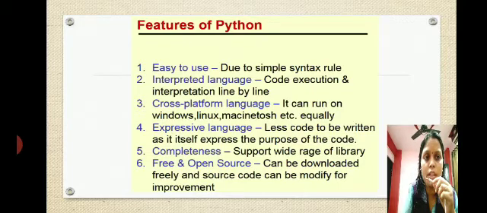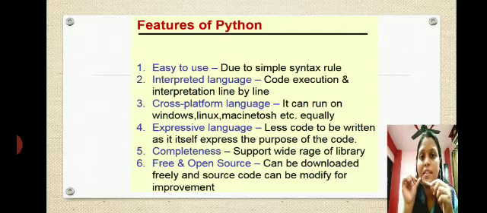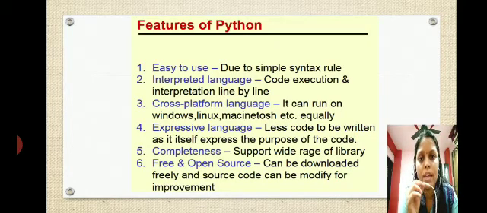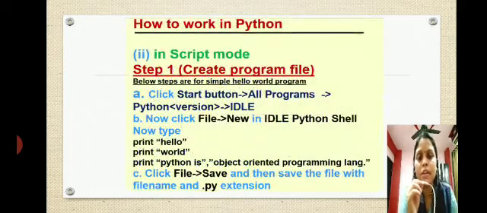Cross-platform language, that means it can run on Windows as well as any other operating system that you are using. Expressive language, that means less code to be written as it expresses itself, very few errors come, so it is easy to code and easy to learn. Complete, it supports a wide range of libraries and is free and open source software, as it can be downloaded from the net.